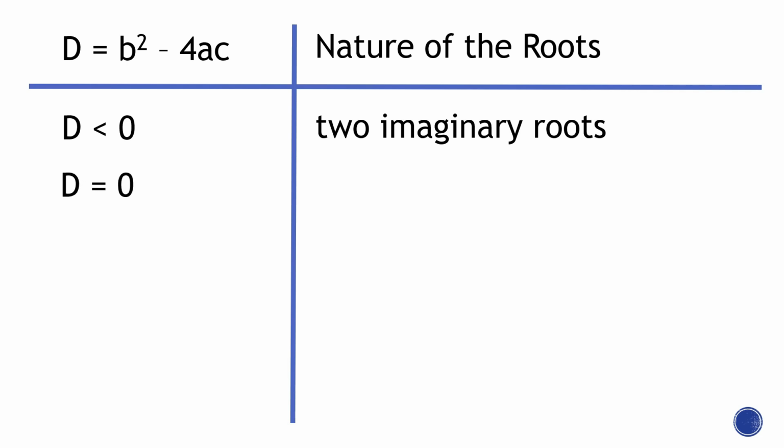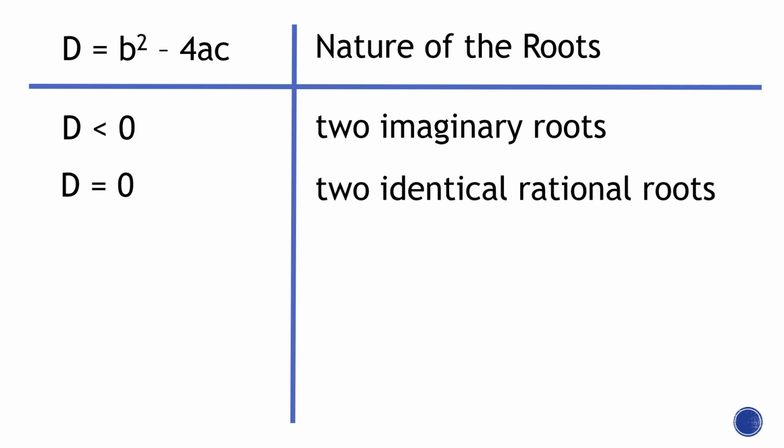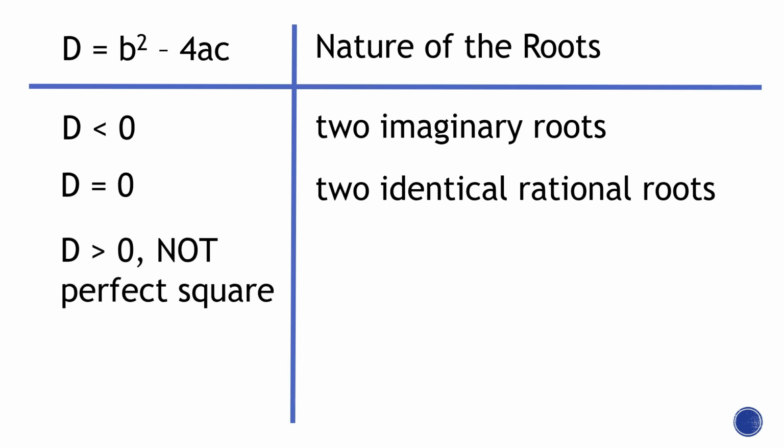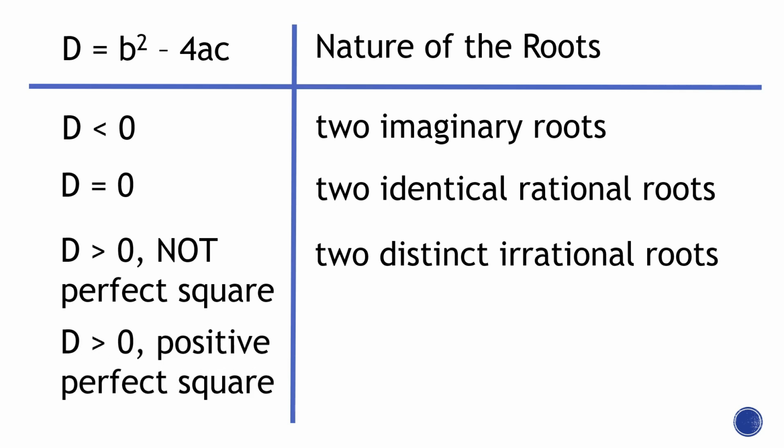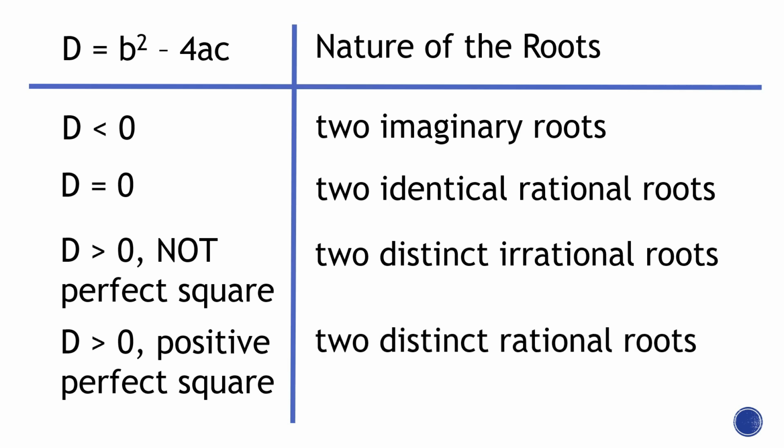If that's the case, you're going to have two imaginary roots. The next possibility is this: the d, or your discriminant, is exactly equal to 0. Then you're going to have two identical rational roots. The third one, d is greater than 0, and it's not a perfect square number. Let's say 5. Square root of 5 is a decimal, so it's not a perfect square number. You are going to have two distinct irrational roots. And finally, if d is greater than 0 and it's a positive perfect square number, say 16, square root of 16 is 4, or 36, square root of 36 is 6,